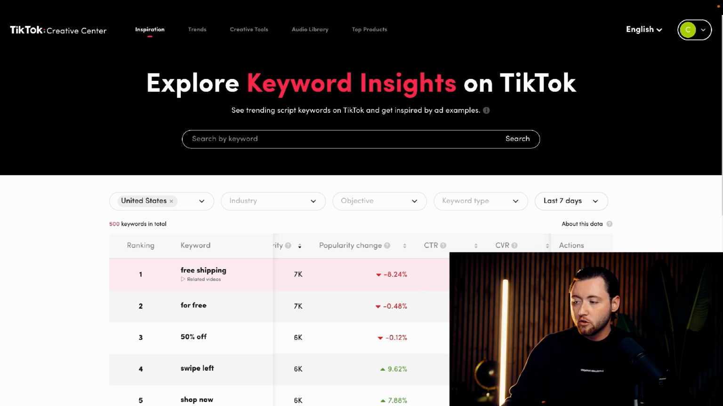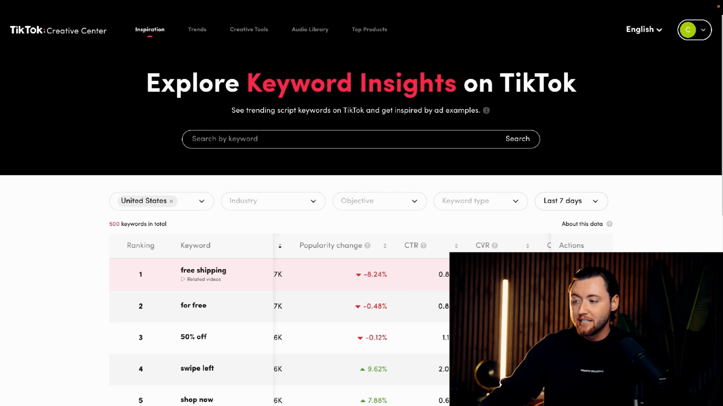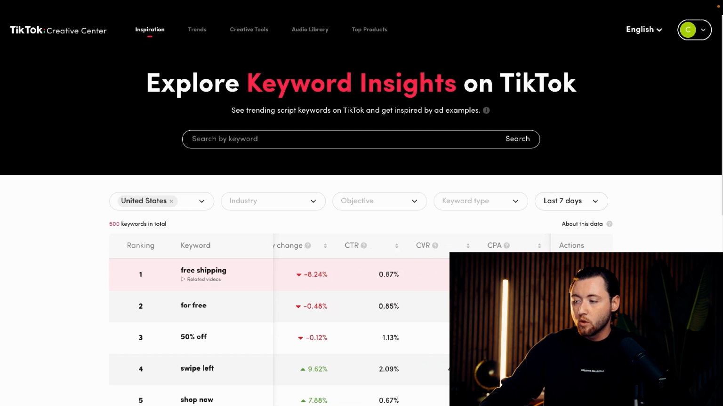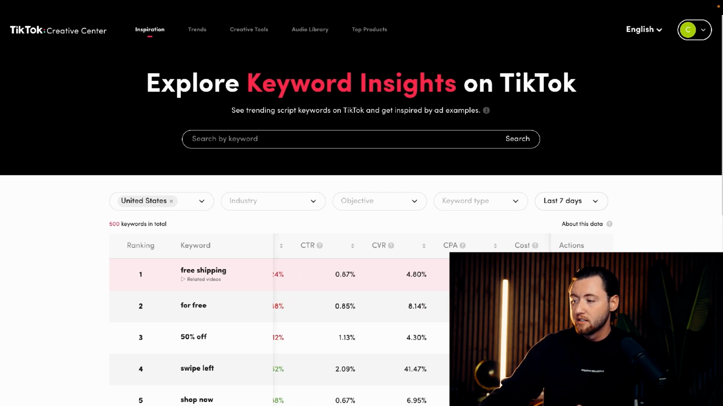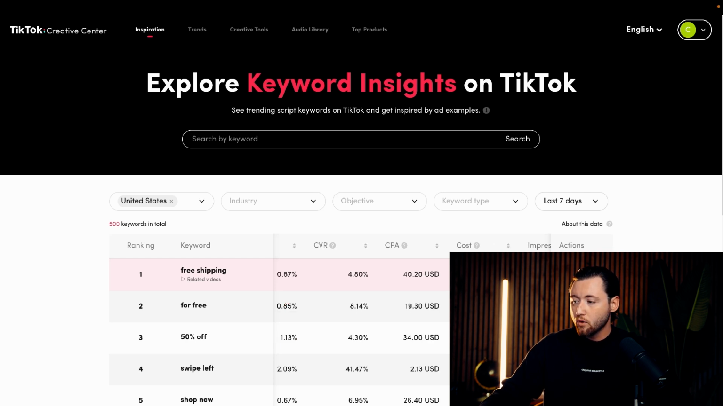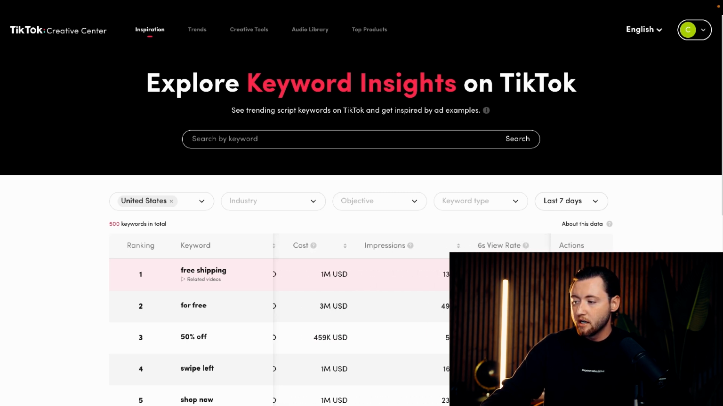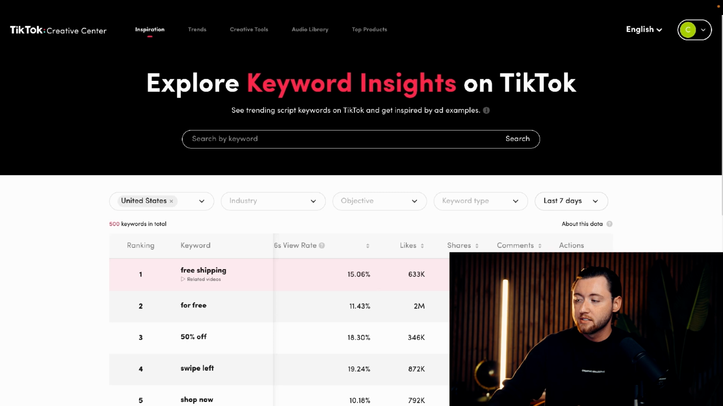Then we can understand the click-through rate, how many clicks it's actually getting, and if people are actually moving forward. The conversion rate, meaning how many people are actually purchasing or becoming a lead. CPA, the average cost per action, also known as the average cost per result. And then the overall cost, $1 million has been spent on this keyword. Our impressions, 136 million, how many people viewed about 6 seconds of the video, the likes, shares, comments, allowing us